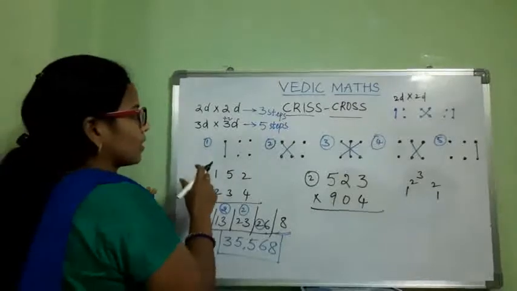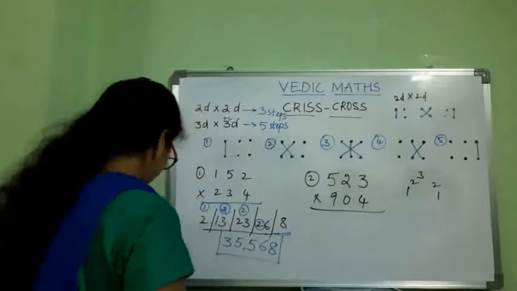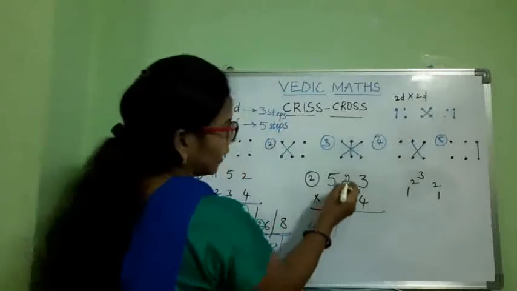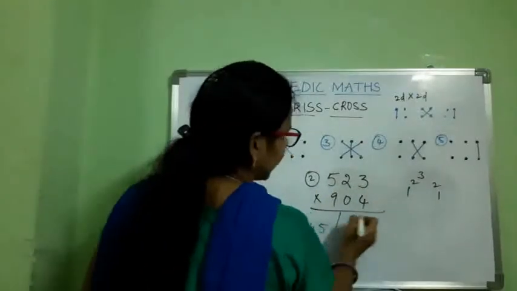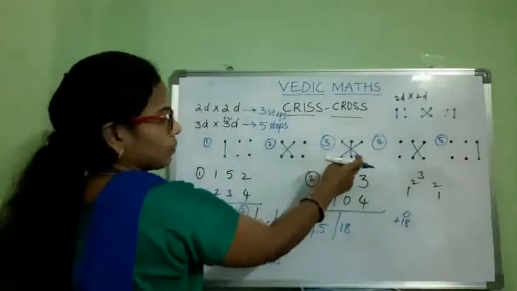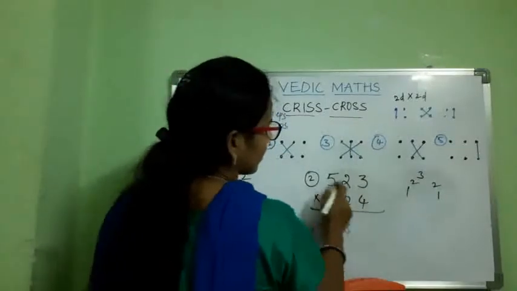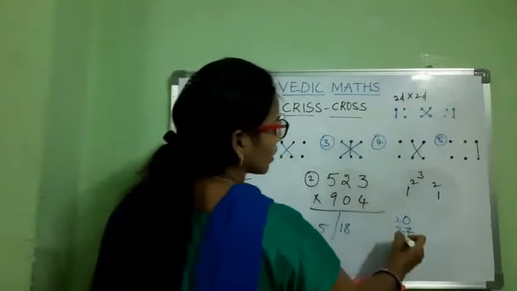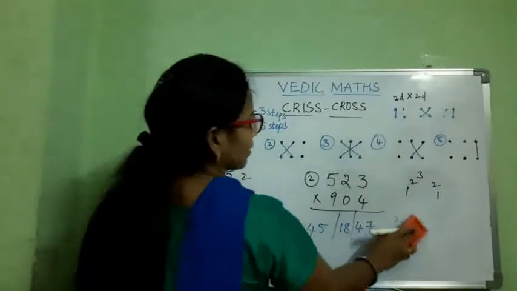Yes, let us come to our process here. First multiply the first column digits. 5 times 9 is 45. 45 here. Next, cross multiplication of first and second. 5 times 0 is 0, 9 times 2 is 18. 0 plus 18. What is the answer? 18 itself. Next, cross multiplication of 1 and 3 columns and straight multiplication of the second one. Yes, 5 times 4 is 20 and 9 times 3 is 27 and 2 times 0 is 0. Then what is the answer here? 47.